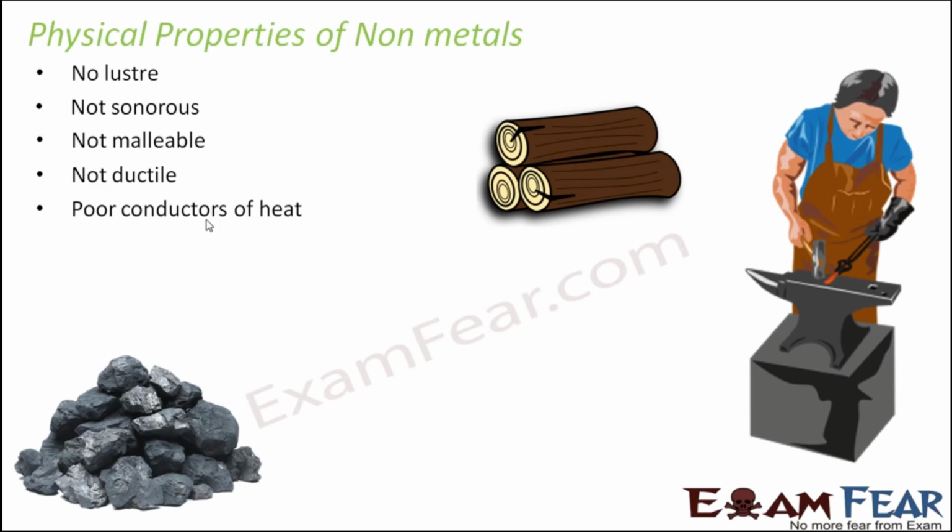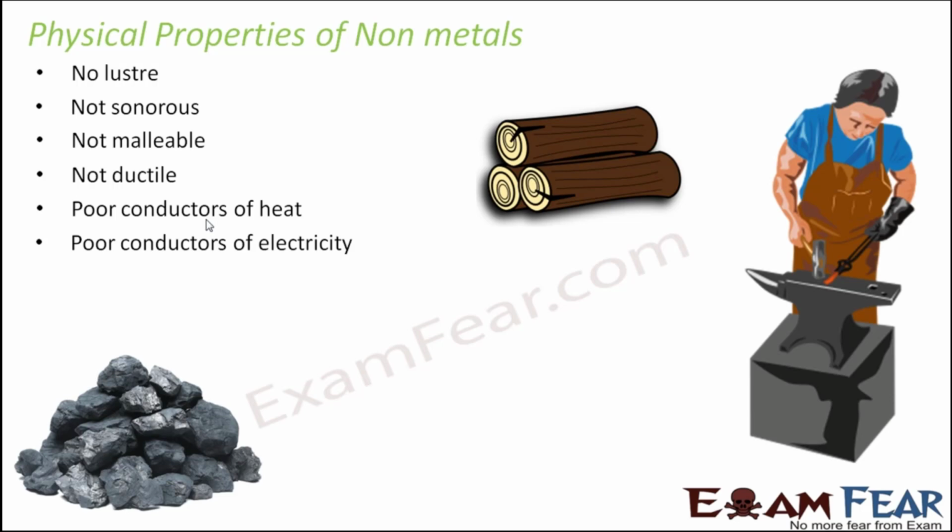So if you put coal over fire, the coal will start burning. It will not be able to conduct the heat to some other object. So you really can't cook with a vessel made of wood or with a vessel made of coal. They are also poor conductors of electricity, and that is why your wires are made up of metals and not of wood or coal. Now why I am taking examples of wood and coal, because that is something you can